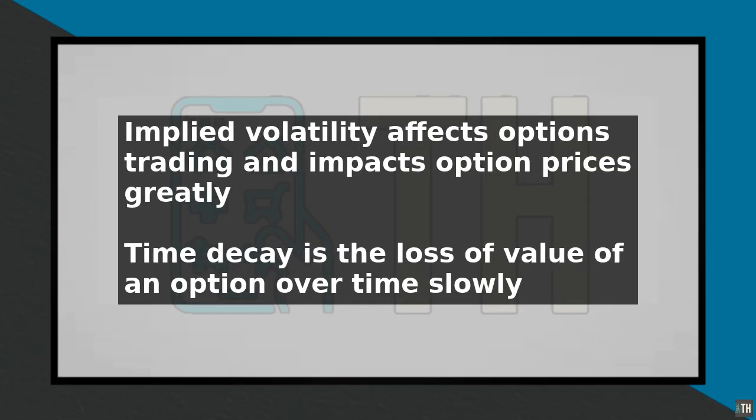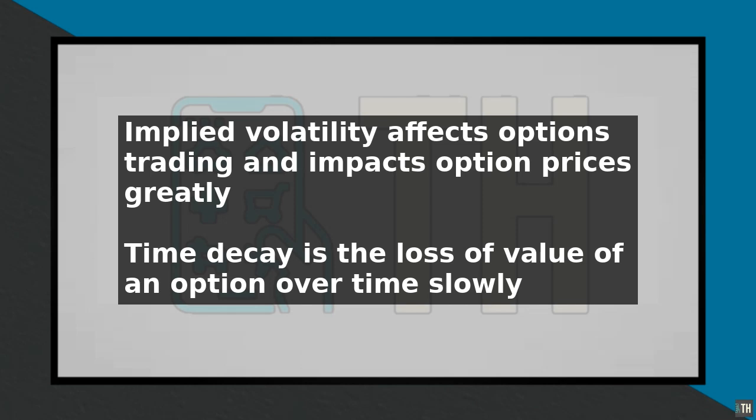It is also important to understand the concept of volatility and how it affects options trading. Implied volatility is a measure of the market's expected volatility of the underlying stock, and it can impact the price of options. Additionally, you need to understand the concept of time decay, which is the loss of value of an